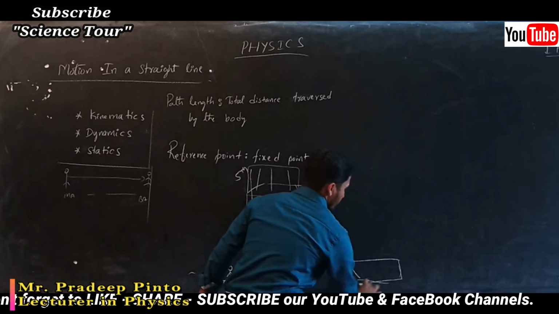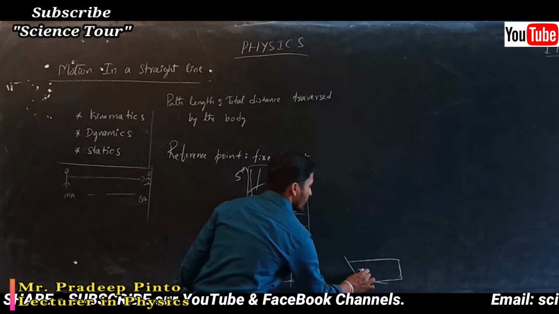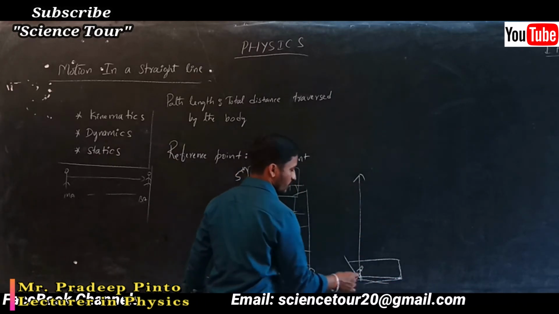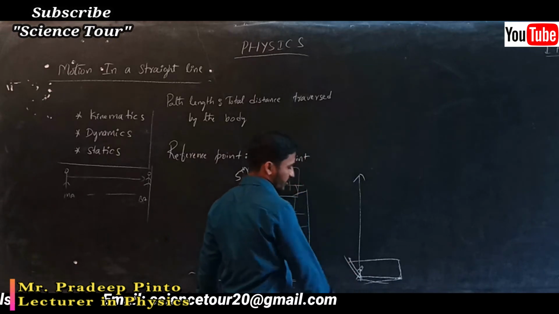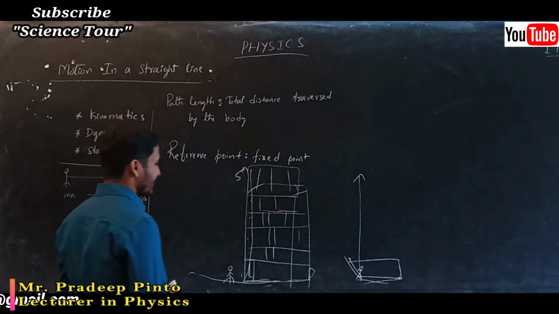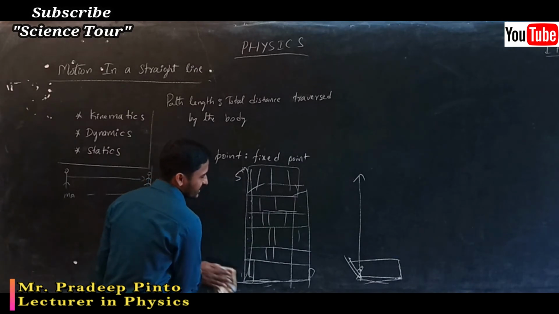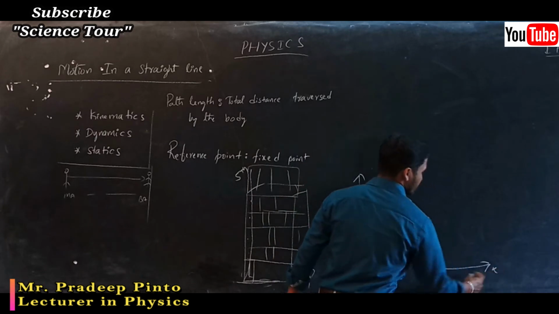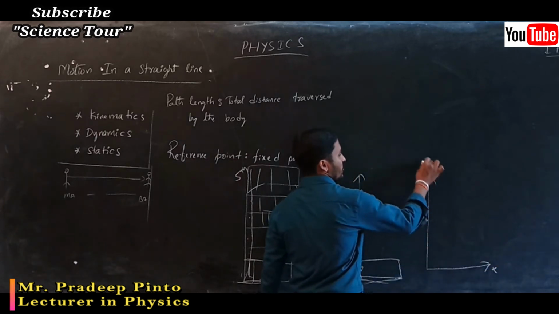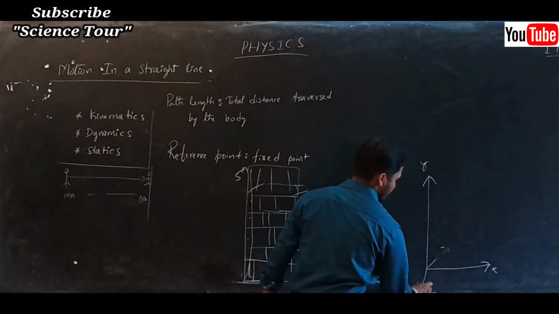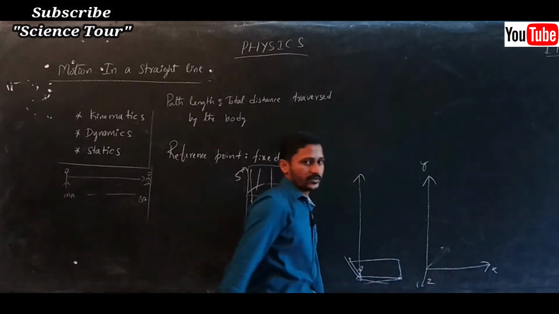Okay. Now you were here. From here to here you have to move. Here to the 5th floor you have to move, or else from here to this corner you have to move. If I consider such things, you are moving in the x axis, you are moving in the y axis, and you are moving in the z axis. I can say you are moving in the x axis to the adjacent corner, you are moving in the y axis, and you are moving in the z axis, that are mutually perpendicular.